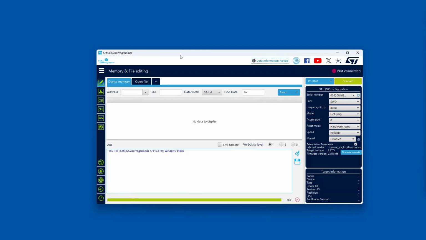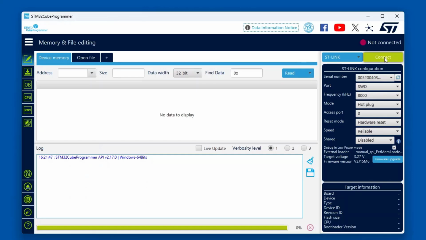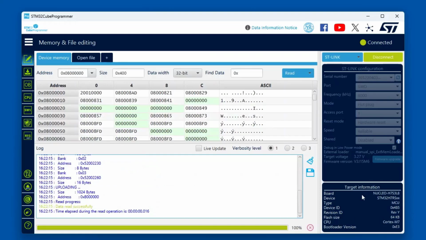So we can open the Cube Programmer tool. Simply here we click on connect. First we need of course to power the board, so put the USB-C into the debug connector of the STM32 Nucleo board. You click connect. It will show you the device and the board which we have, so it's the main board which I wanted,